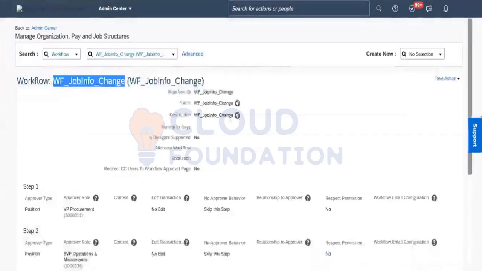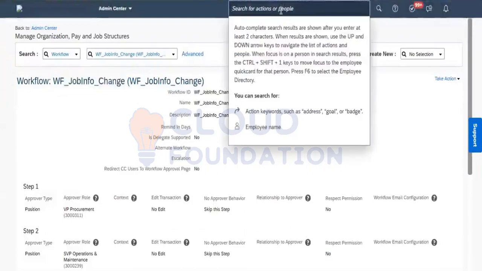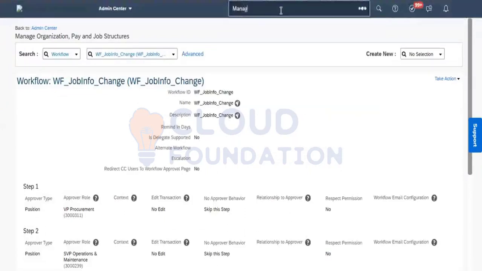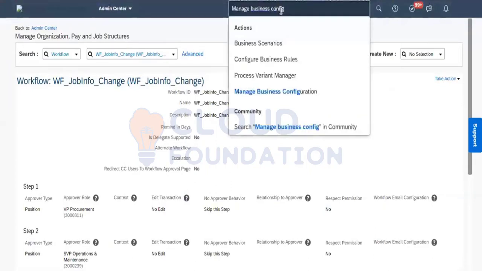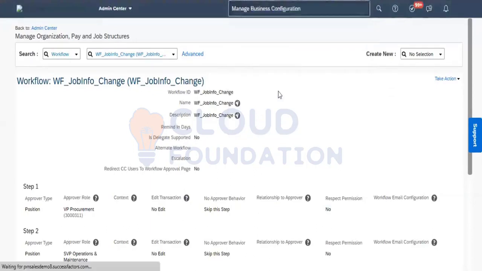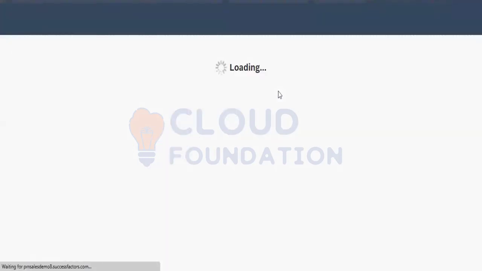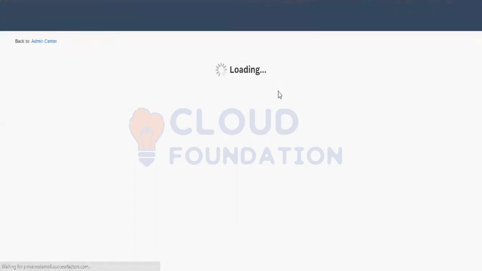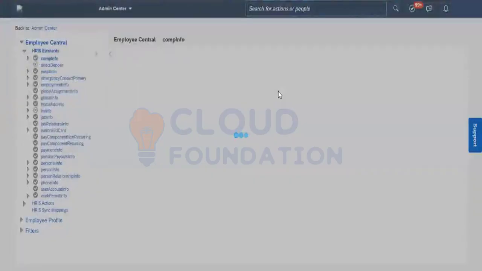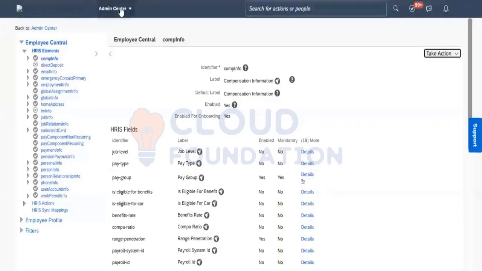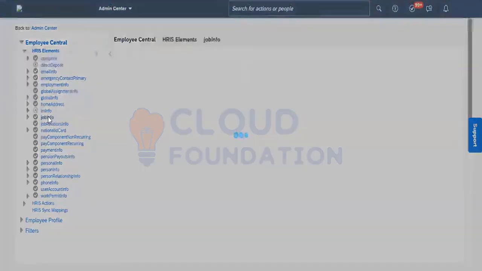So for assigning the business rule, what is the configuration tool? What is the configuration we need to go to? We have to go to manage business configuration, right? Because that is the place where we have maintained all the sections, the portlets and the fields. Which portlet is it related to? Job information, right? So search for job information here, go to job information, and below the field section we have